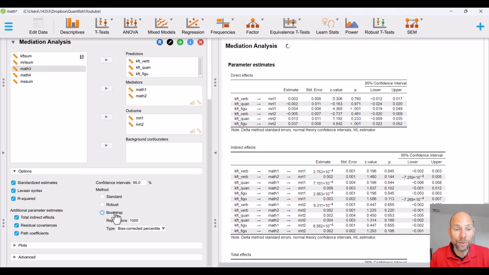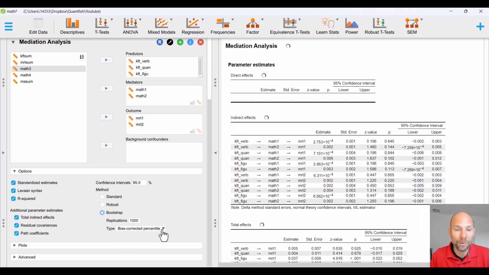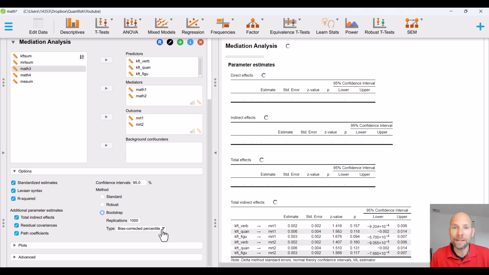You can see even with a bootstrap, you can do even a bias corrected percentile bootstrap for your effects. And so this is then a lot easier than it would be in a program where you have to use syntax. Here it's all point and click, and you get some nice output tables that for at least some of them you could use right away. In a publication, you just copy and paste them into a Word document, and then you have your output there, and there's not much work to do. Now, this takes a while because of the bootstrap with 1000 replications. You can see here that this is taking a little bit of time,